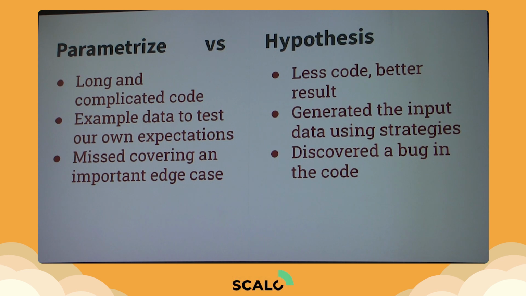In parameterized, we wrote the example data. We produced the example data by coming up with examples. We produced the input data to test our own expectations of how the function should work. But in Hypothesis, we generated the input data using strategies, and that helped us catch bugs and discover some faulty